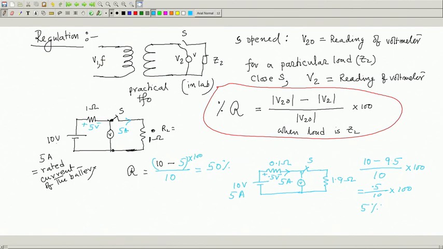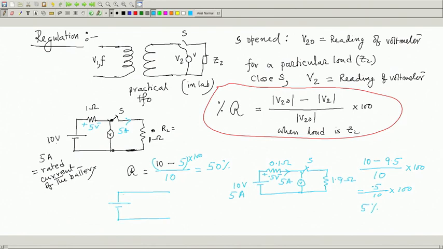Therefore, you have purchased a source to supply load, and whatever this source is capable of delivering current, that you will draw, and you would like to see across the load almost this open circuit voltage comes. So, this source is better than this source. Are you getting? Therefore, regulation value, unlike efficiency, should be as small as possible. For example, if it is an ideal battery, nothing is better than that, so far as regulation is concerned.